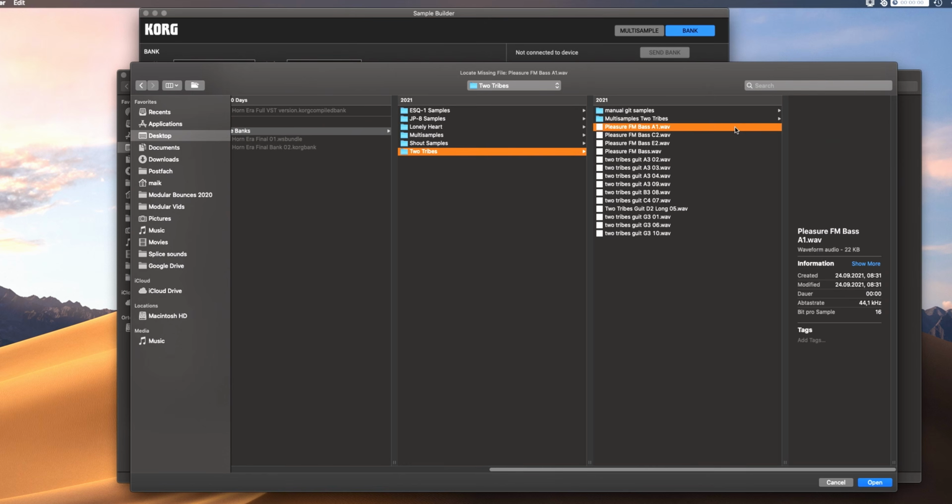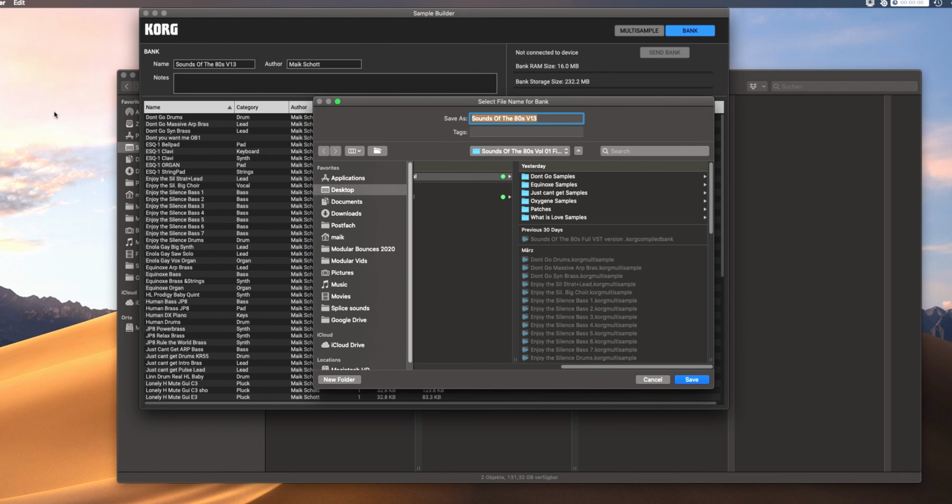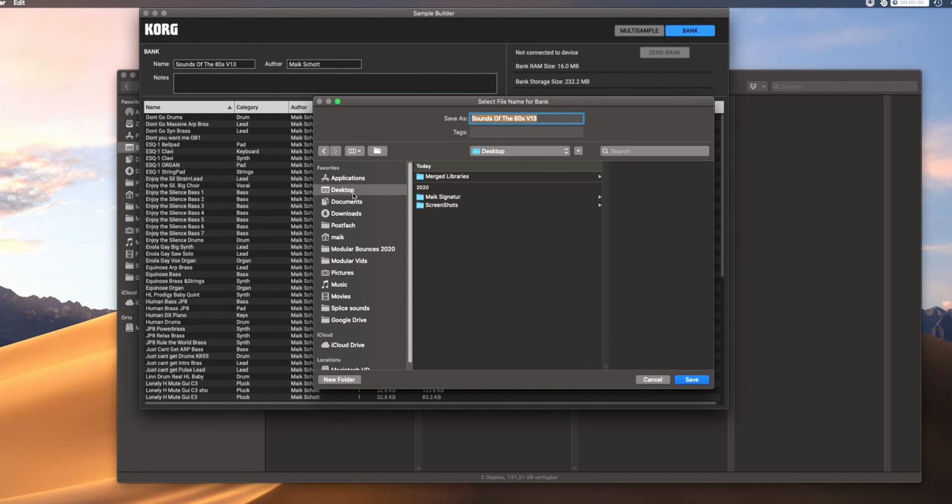And now we can save this as a complete new bank. I go to the file menu, save bank as, and name it, let's say, 80s synthpop and Trevor Horn.